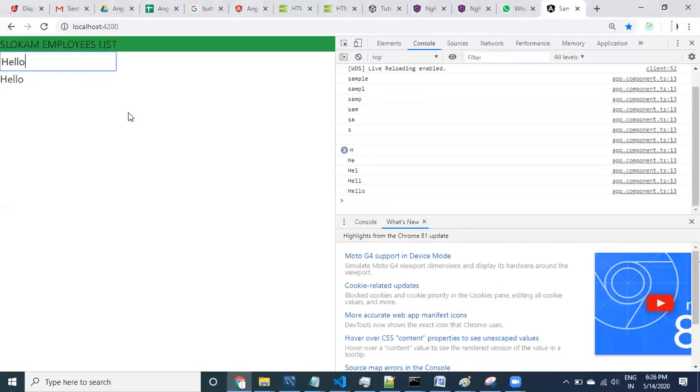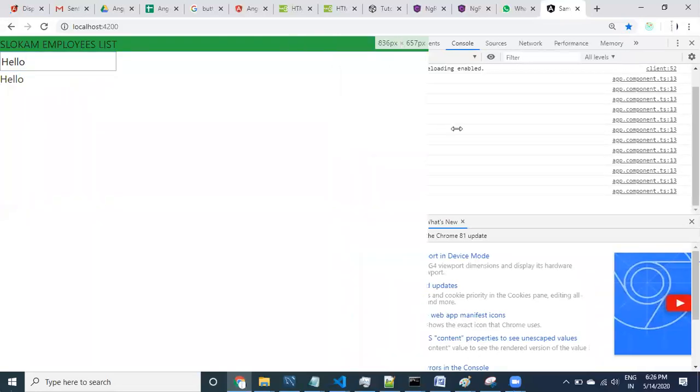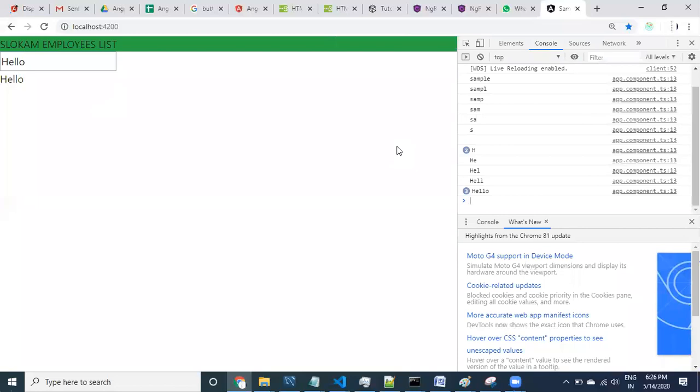What we are doing is we have taken event binding. So this can be called event binding. I have used both property binding and event binding to make it bidirectional. It's like a two-way binding, but we are not using the direct two-way binding provided by Angular.